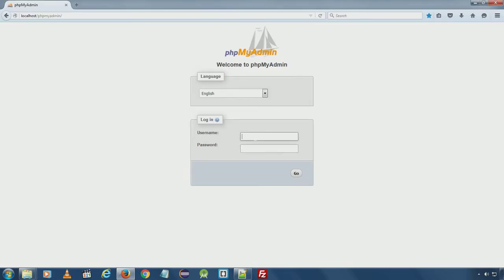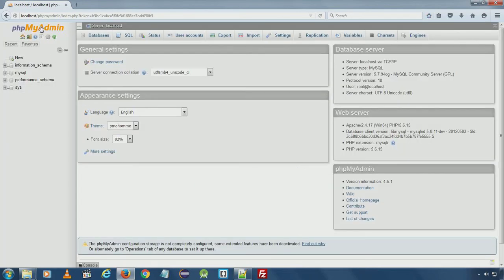Type the username for database, which is the default username root, and the password we set during installation. If you successfully logged in to phpMyAdmin, then Apache, MySQL, PHP and phpMyAdmin are working fine on your computer,